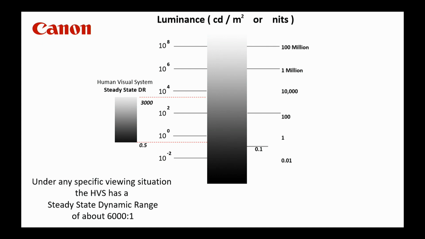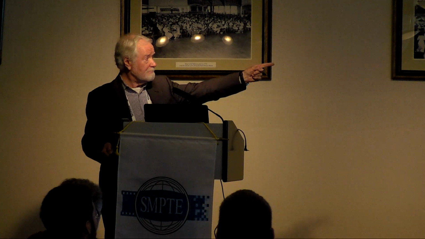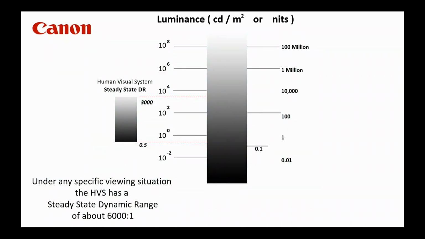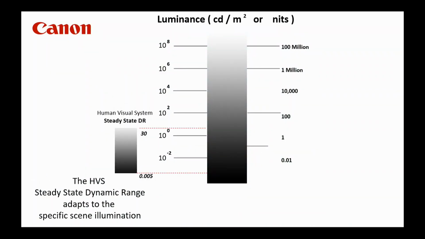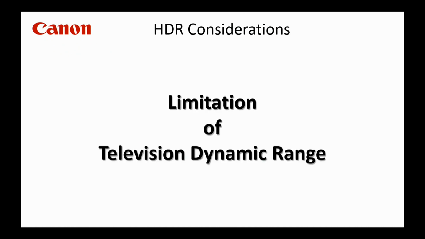Now, there's a temporal aspect to that. I'm not going to go into all of that, but roughly about 12.5 stops in a given environment. So if I am in indoor lighting, it might be like that. If I go out into the dark, moonlight, we will ultimately slide down. It takes time to adapt, but you will get pretty well that full dynamic range again. And if I go out into bright sunshine, you go up. But again, you have that finite dynamic range. So that's important because that became one of the yardsticks when the exploration of dynamic range in a video system